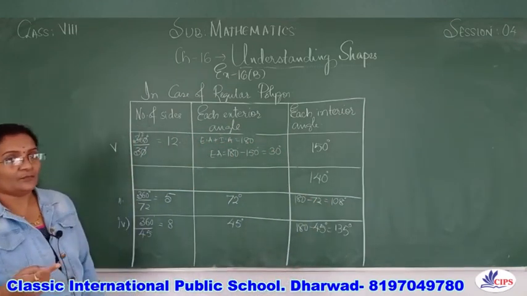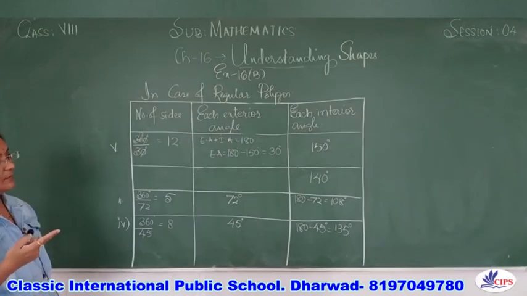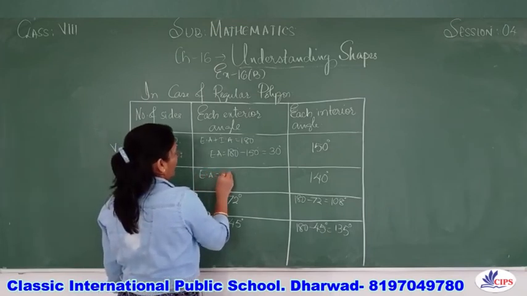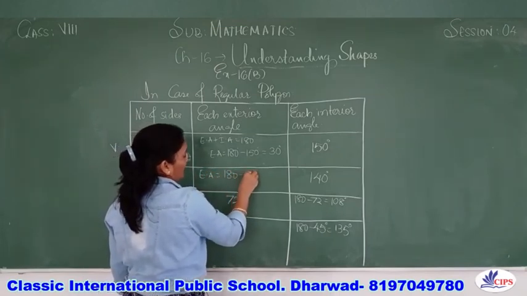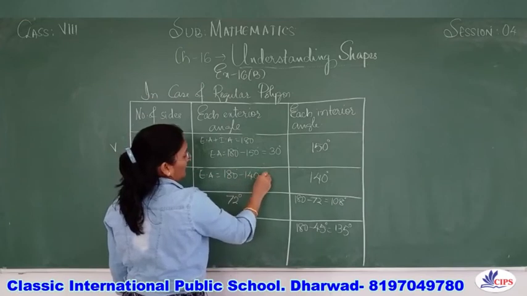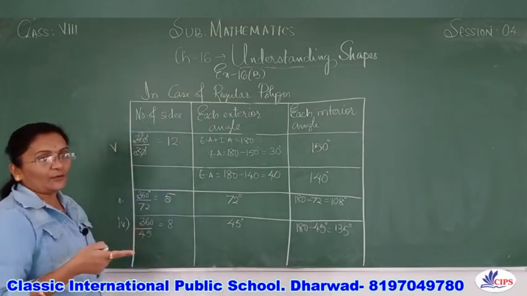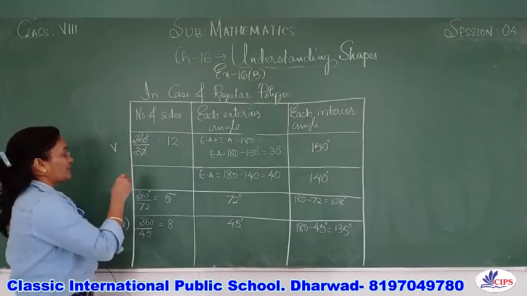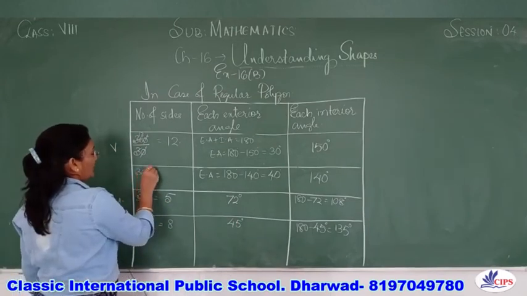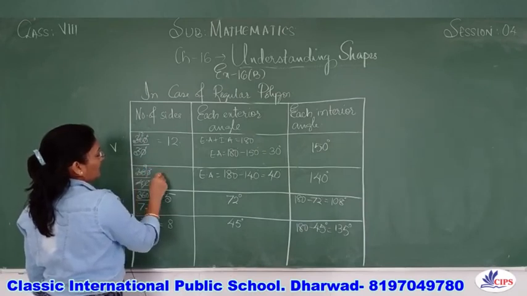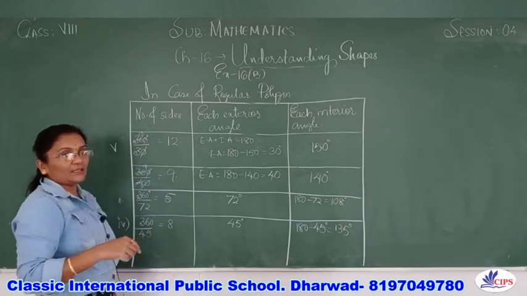Next, again they have given you the measure of the interior angle. We have done a similar sum. Interior angle is given, so how do you find the exterior angle? The exterior angle is equal to 180 minus 140. What is 180 minus 140? It is 40 degrees. Now, using the exterior angle, let us find the number of sides. 360 degrees divided by 40 degrees, the zeros get cancelled, 4 nines are 36. So the figure has 9 sides.